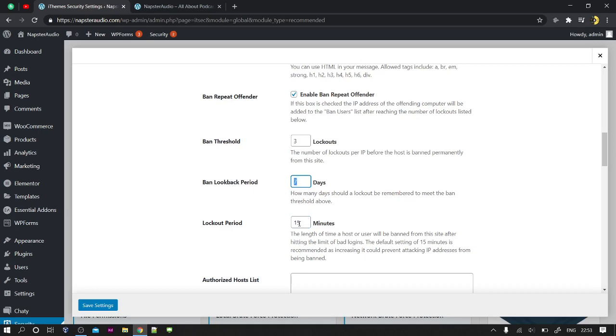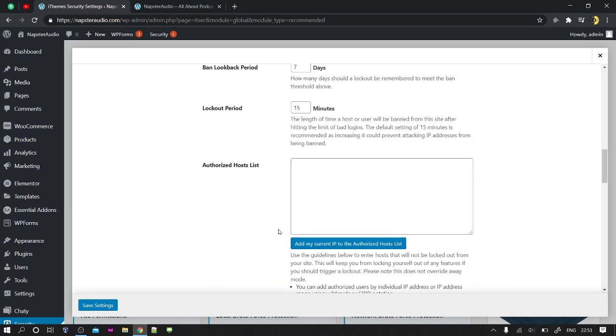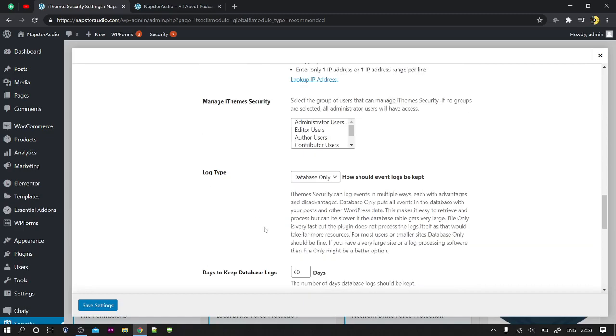After the 7 days, if they attempt it 3 times, then they will be permanently banned from our website.